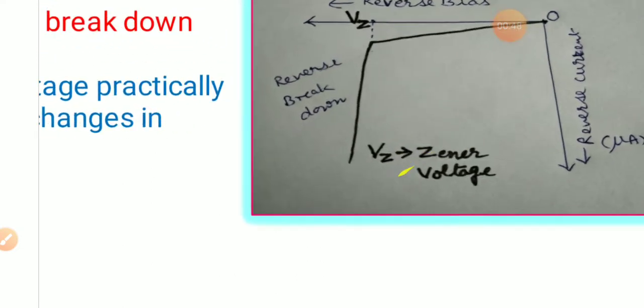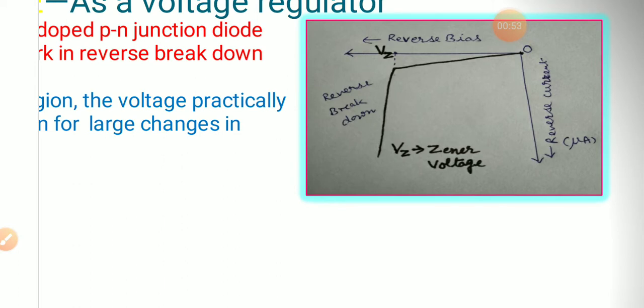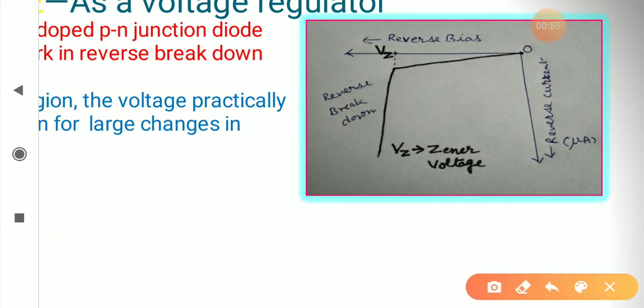You can see this IV characteristics in reverse bias. Here, the voltage is constant but current is increasing considerably. So, let us try to understand it. In reverse bias, the thickness of depletion layer is large. Electrons are tightly bound in their covalent bonds. But when the reverse bias becomes large, they can pull out electrons from the bonds.